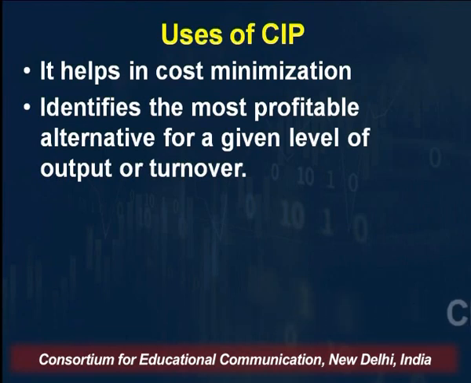Suppose my product has a demand of 5,000 units in the market, then at this level of demand, what should I do? How can I find out the most profitable alternative? Suppose my demand is ranging from 5,000 to 10,000, which machine to select, which method to opt for, whether I should go for manually producing or the more mechanized form of production, or if I am selecting two different types of machine, whether I should invest in the costliest machine or go for the economy model, the machine which involves a lesser amount of fixed cost.